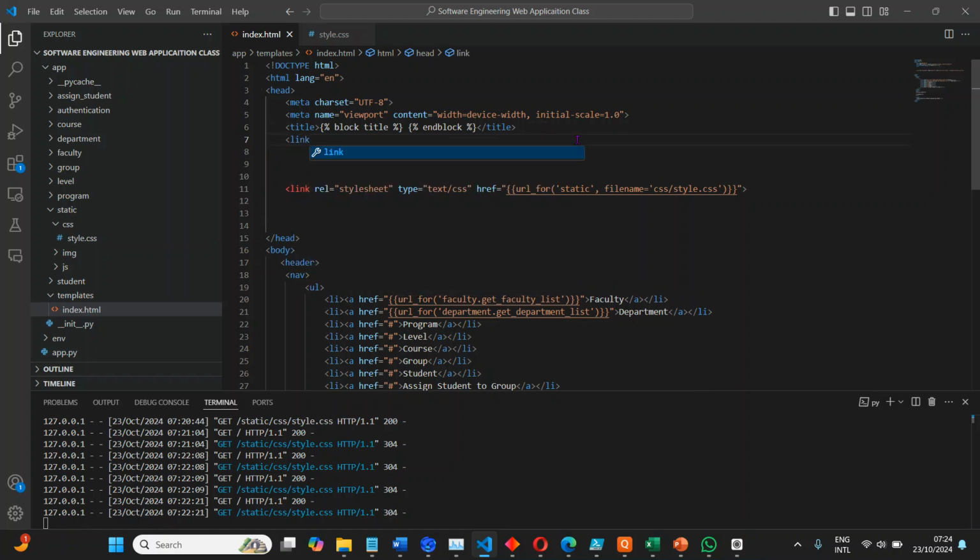So I start with the link, right? Which is the style sheet, right? This is stylesheet. So the type is text/css, right? So now this one is the most important. This one is the most important. Now I can decide to use static, because the style sheet is located in the static folder, right? Static slash, right? Then inside the static folder, if you open it, you have the CSS folder, right? Slash. Then inside the CSS folder, you have a style, right? I have